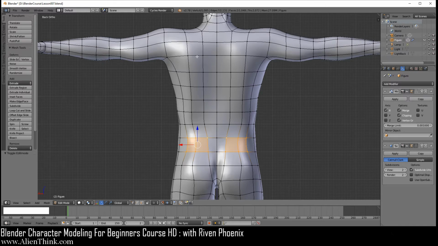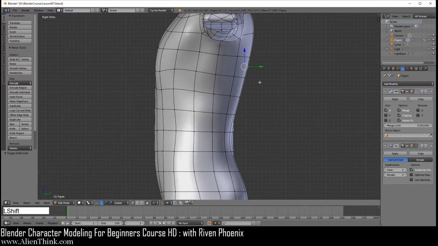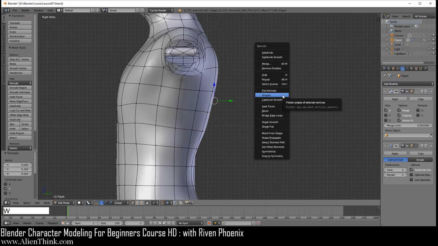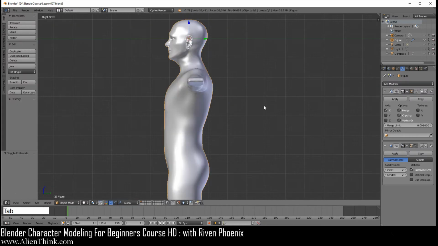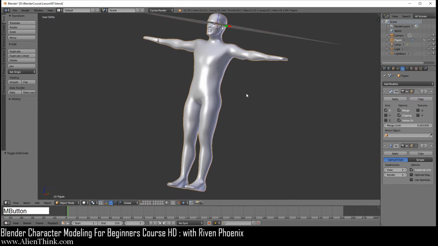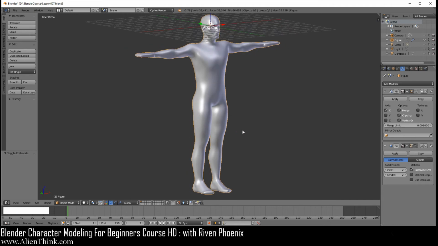I just want you to move your mouse right over here. Now do 1, 2, 3. So you'll get 4 of these selected. Go to your right view, zoom in just a little bit and do 1 and then 2, W and then smooth over here. So now if we take a look at what we've done, we basically made it more realistic than it was, right?